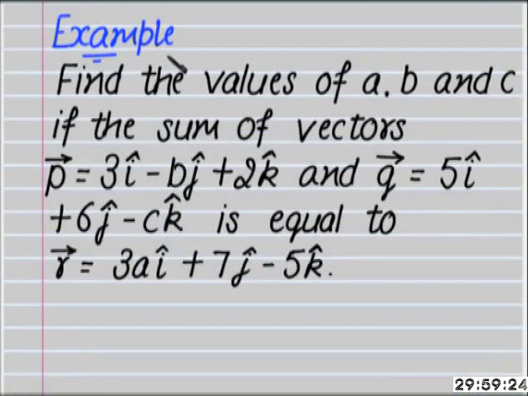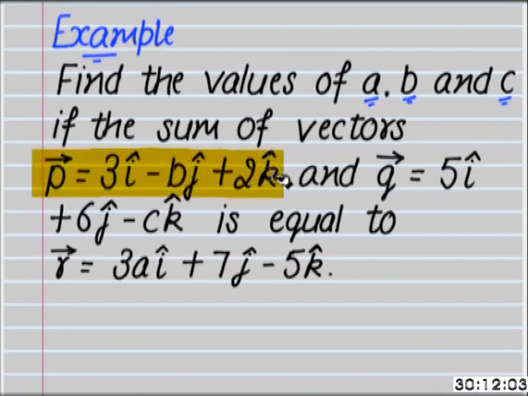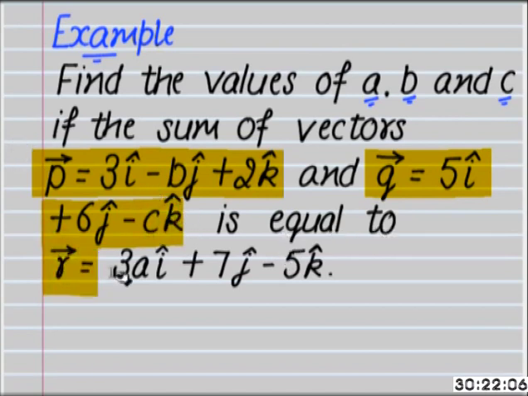Now let's see an example. Find the values of a, b and c if the sum of vectors, vector p equal to 3 i cap minus b j cap plus 2 k cap and vector q equal to 5 i cap plus 6 j cap minus 6 k cap is equal to vector r equal to 3a i cap